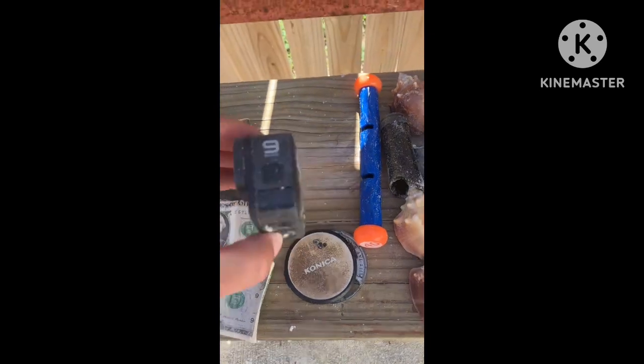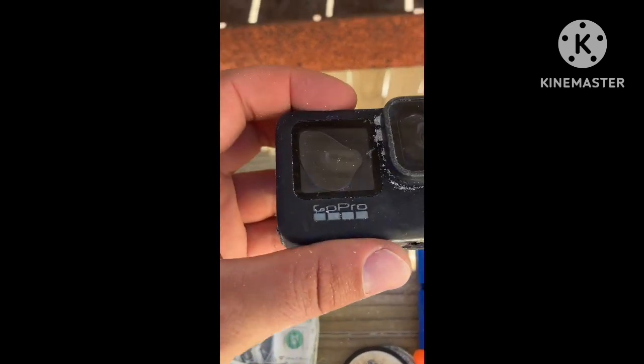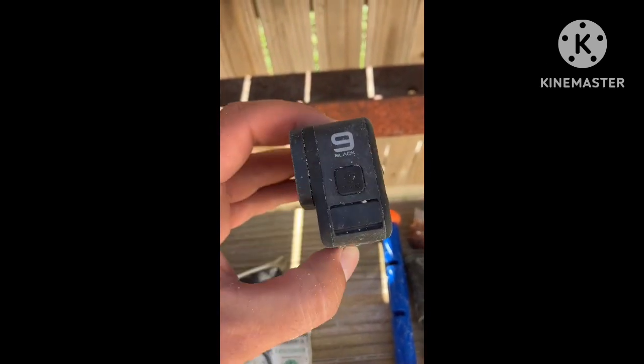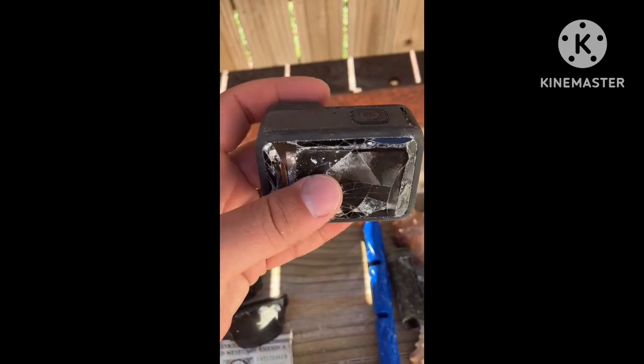Found a GoPro. This was the best find for sure. I mean, over the horse conchs. The horse conchs are really cool, but this was, you can actually see the water bubble on the inside of that. You can see it's super waterlogged on the inside, and it's a GoPro Hero 9, which is cool. I have a GoPro Hero 8